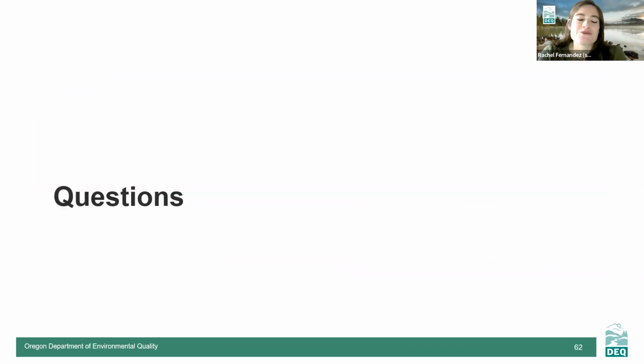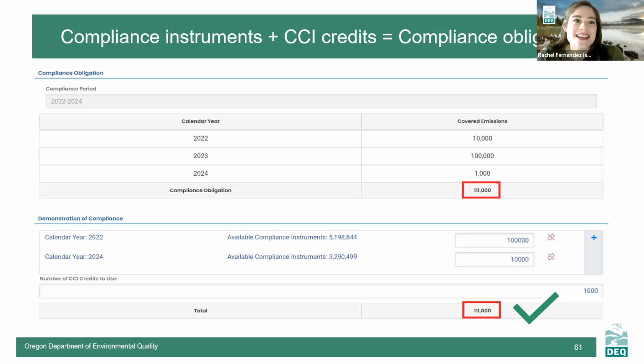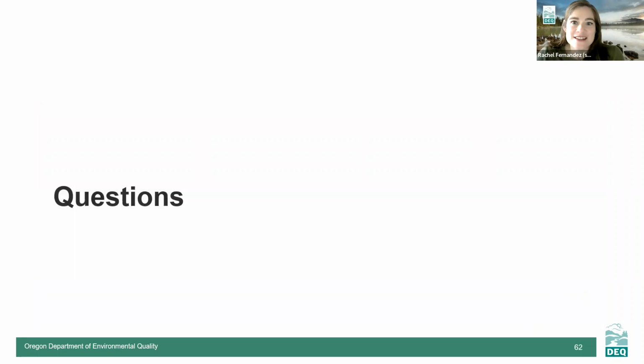And lastly, just one second, thank you. Lastly, the most important thing is, and the system won't let you finish without this, you just need to make sure that the total that's being demonstrated, both compliance instruments as well as the CCI credits, the sum of that is equal to your compliance obligation. And that does wrap up our